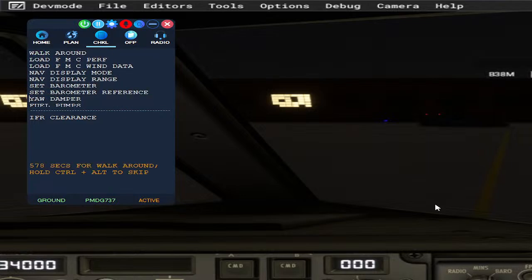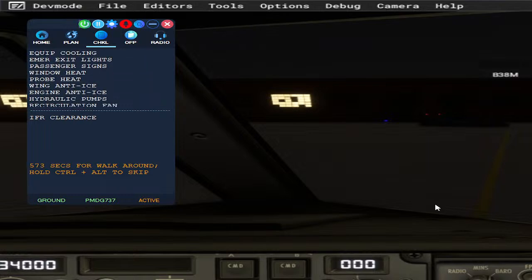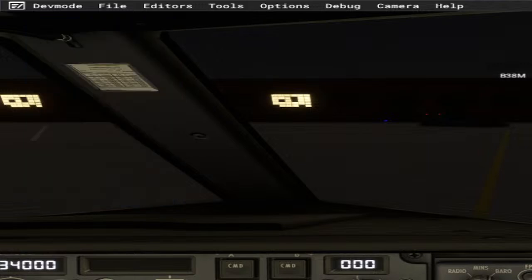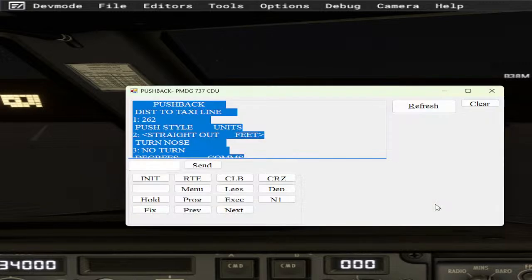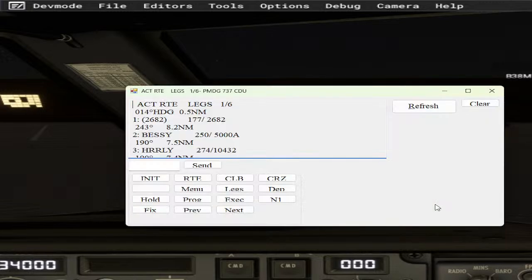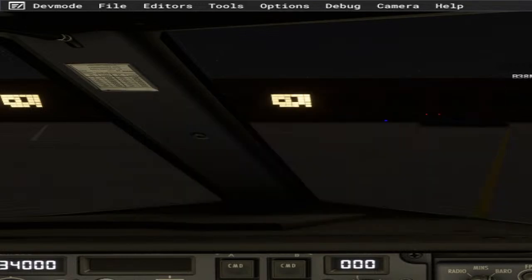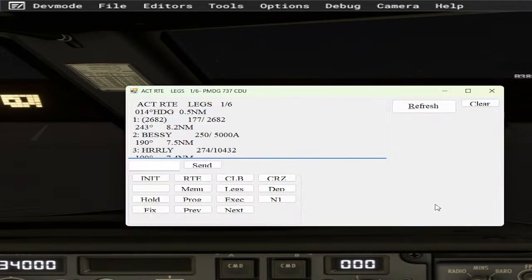No, you idiot. Oh no. We're gonna do this because I'm trying to mess up the whole thing. What I'm gonna do is, you go to your CDU, do Alt M, and then